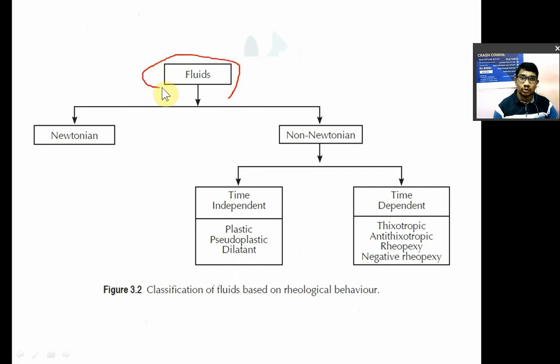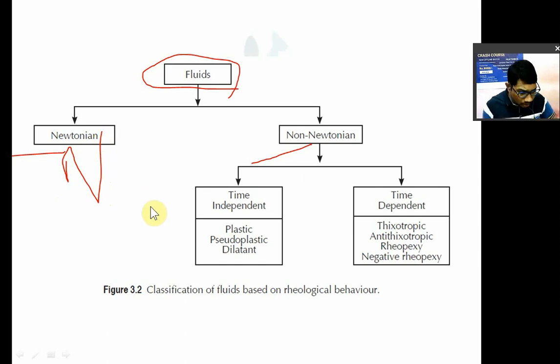Now fluids are classified into two types: Newtonian fluids and non-Newtonian fluids. Newtonian fluid means they will obey Newton's law. Newton's law का है rate of shearing is directly proportional to shearing stress. F is directly proportional to G. That is Newtonian. And those liquids which follow Newton's law are known as Newtonian liquids: water, glycerin,